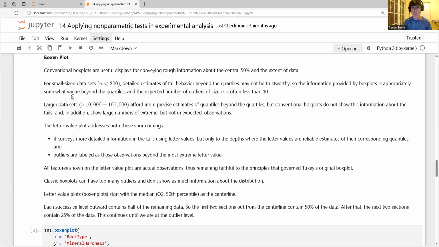The problem with this is that this is a lot going on in one plot. Visually, I think they give a good impression of what's going on. But if I want to be able to actually interpret the parts of the plot, we have a fourth, we have an eighth, we have a 16th. It gets kind of nuanced and gets kind of ugly for that purpose. Box plots do better with small data sets. If I have a smaller data set, I will choose a box plot over a boxen plot. But when I have a ton of data,